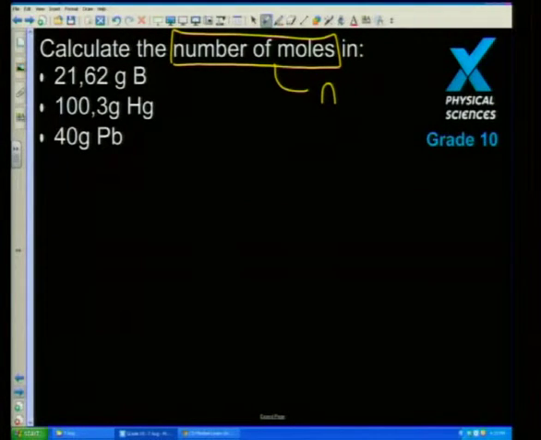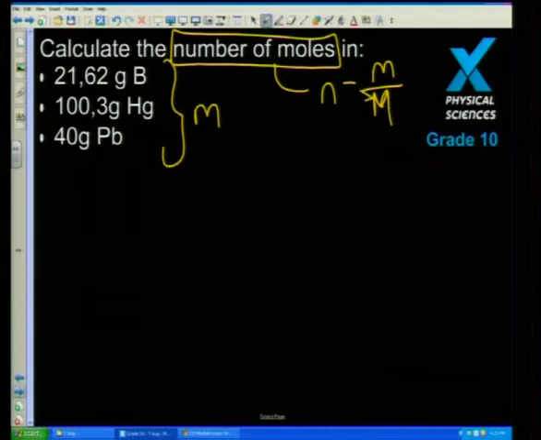Okay, number of moles. So we look at what we're given, and number of moles is mass divided by molar mass. So we go, okay, in each of these cases, I'm given mass. I'm given how much of the sample we have, which means we need to work out the molar mass if it's relevant. The nice thing